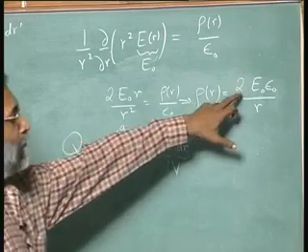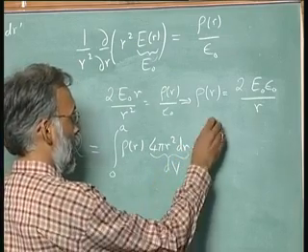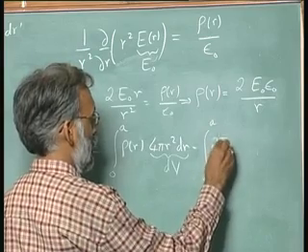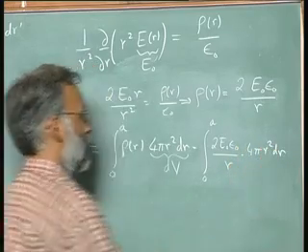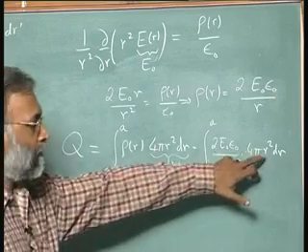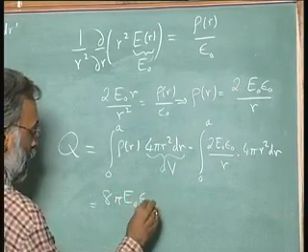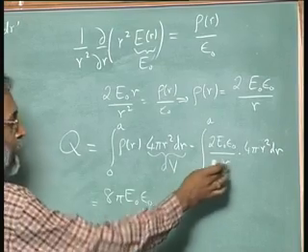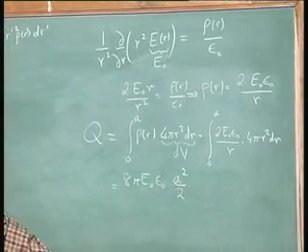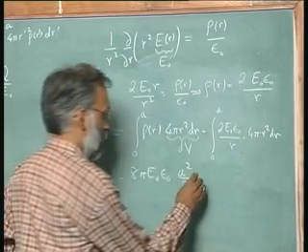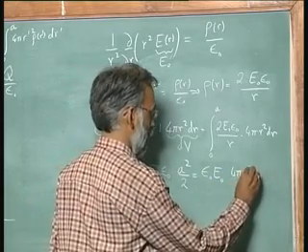But we know what rho of r is now. We have already calculated it. So, we can substitute. So, it becomes integral 0 to A of twice E naught epsilon naught over r times 4 pi r squared dr. 1 r will cancel and we are left with 8 pi E naught epsilon naught. I have taken all the constants out, integral 0 to A of r dr, which is A squared over 2. So, the final answer becomes epsilon naught E naught times 4 pi A squared,